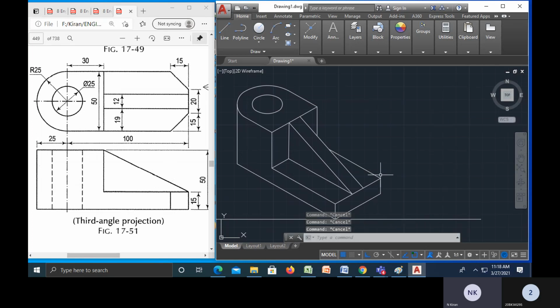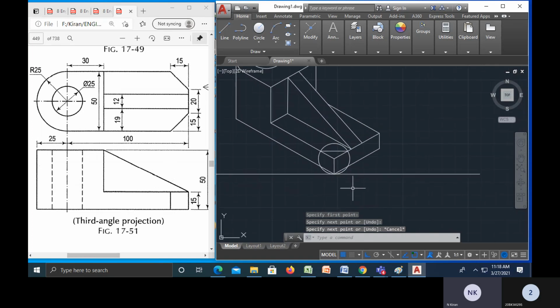Escape. Now for this you can make a chamfer, otherwise you can draw a 15 mm circle. C enter. From this point, as it is a 15 mm gap, 15 by 15, so I will enter 15 radius. I will join this one, L enter, and from this point I will join directly. Escape, and again L enter. I will delete this circle. L enter, and from this point I will join ortho mode. L enter.